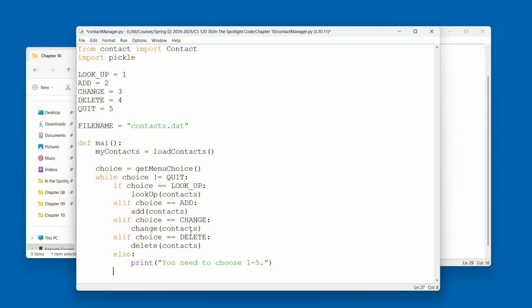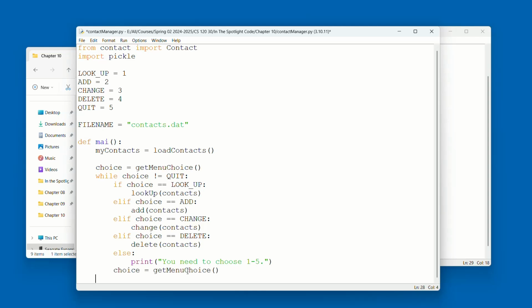And then once we get all that done, we need to call choice equals my menu contacts again. I'm going to copy that and I'll paste it down in here. And then when we get done with that, we need to save contacts. Passing in